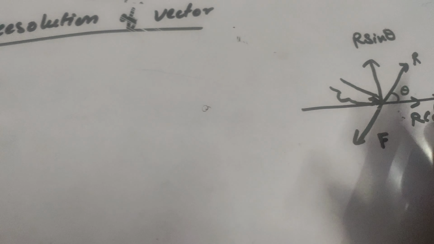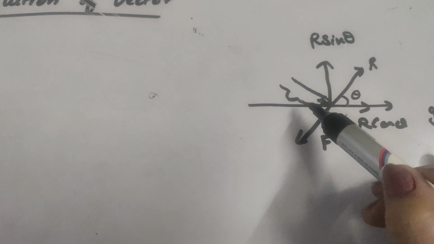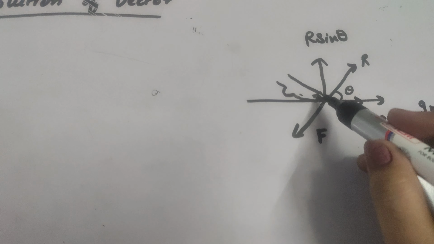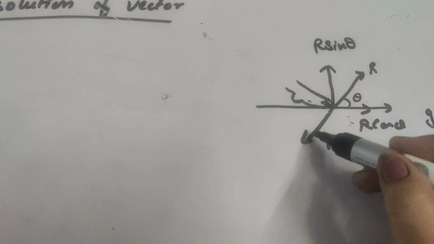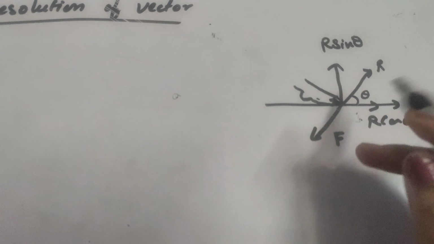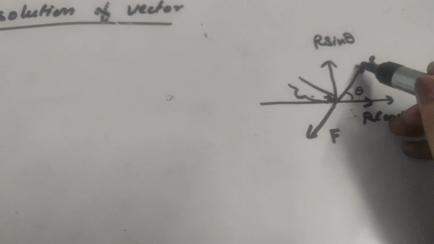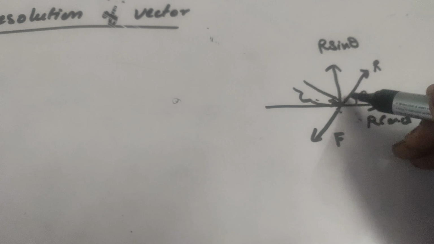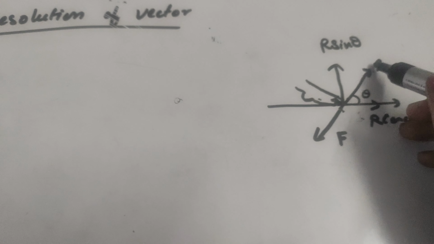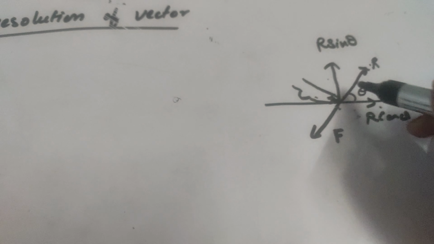When a man walks, for example, this is the diagram here, this is a foot. When a man presses the ground with the force in the downward direction, right? In that case, there will be a normal reaction acting to it in the opposite direction. Now resolving this R in two rectangular components.